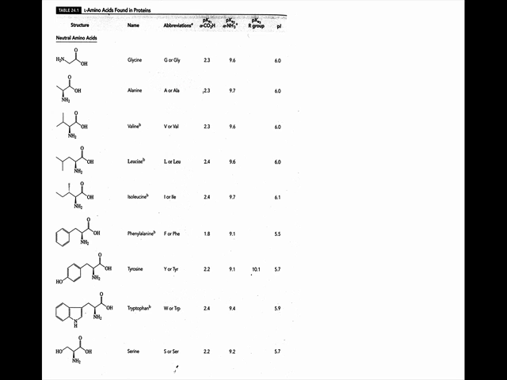So here we have alanine. In alanine, one of the hydrogens of glycine is removed and replaced with a methyl group. Valine has an isopropyl group attached to the alpha carbon. Valine's really easy to remember because the side chain looks like a V, right? So that's pretty easy to remember. Then you have leucine, which has a butyl group attached to the alpha carbon, okay?